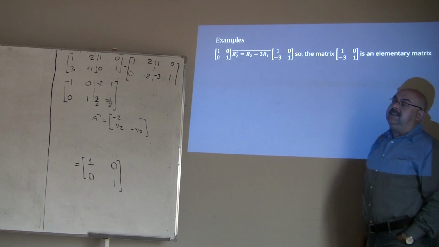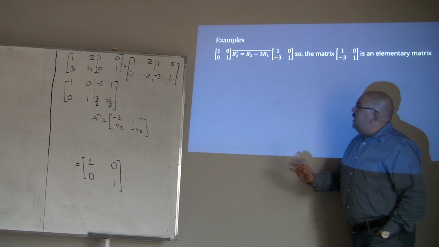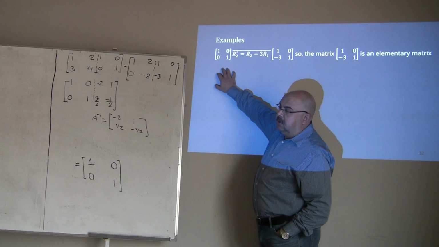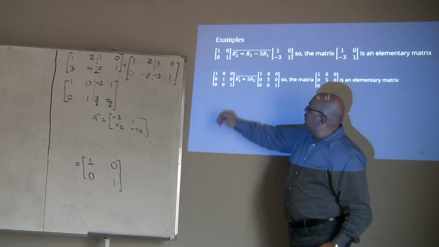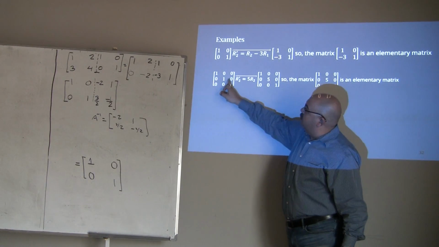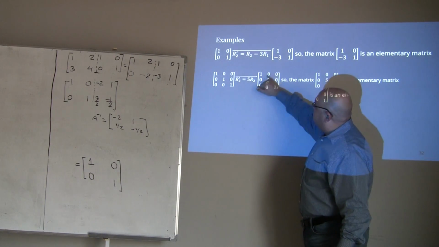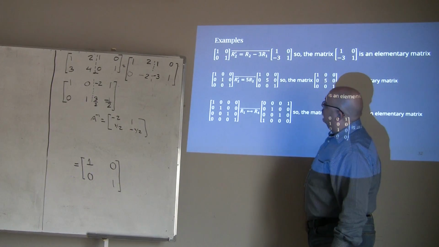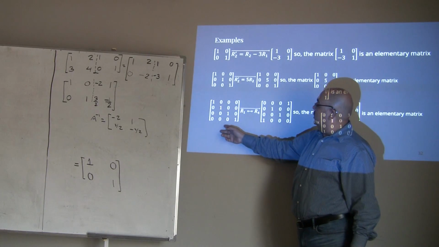طيب لو أنا عايز أعمل مالتيبليكيشن للسكند رو في نيجاتيف هاف أو أي حاجة، هجيب unit matrix وأضرب السكند رو في نيجاتيف هاف. بصوا، أي ماتريكس، لو أنا حبيت أضرب السكند رو في 5، أكتب الـ unit matrix وأضرب ده في 5. الماتريكس دي elementary matrix. طيب لو أنا عندي ماتريكس 4 باي 4،